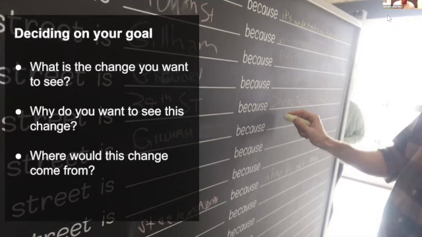The easiest way to do this is to ask yourself the following questions. Number one, what is the change you want to see? Regardless of if it's a policy, plan, or project, you need to be able to very clearly identify what it is that you want to change. This doesn't necessarily need to be exactly one item and one item only, but you want to keep this vision somewhat narrow so that there's a clear target to focus on for yourself and other members of the coalition.